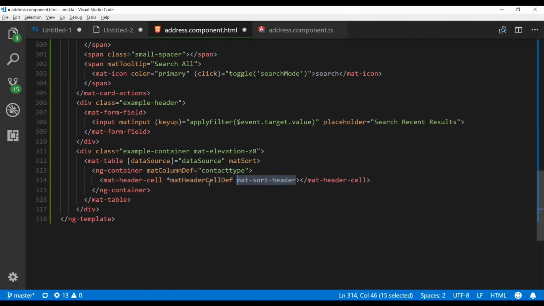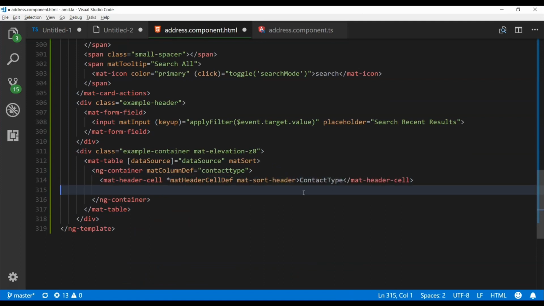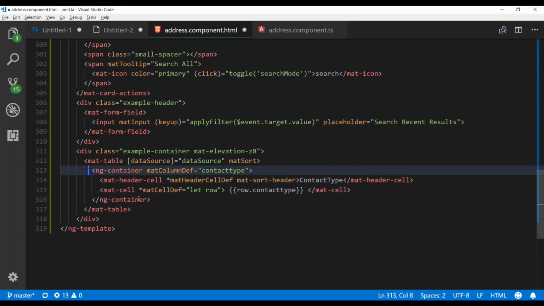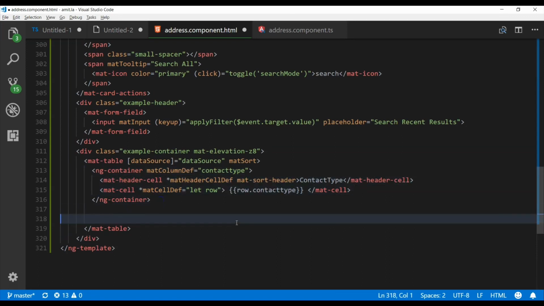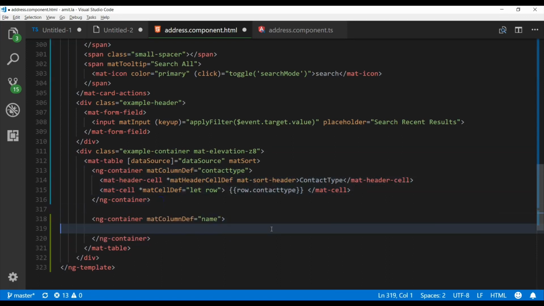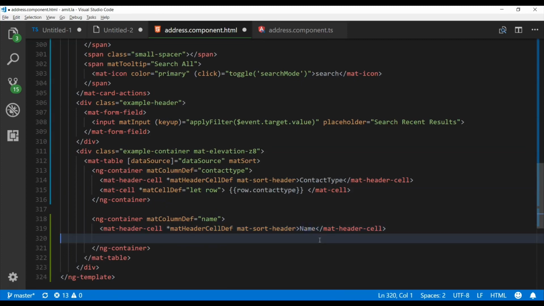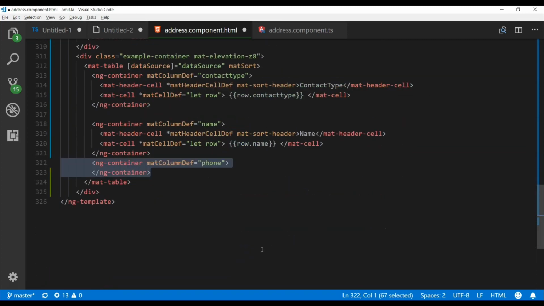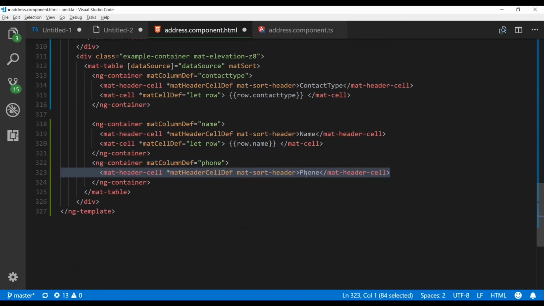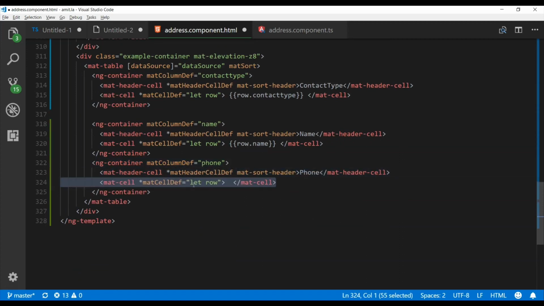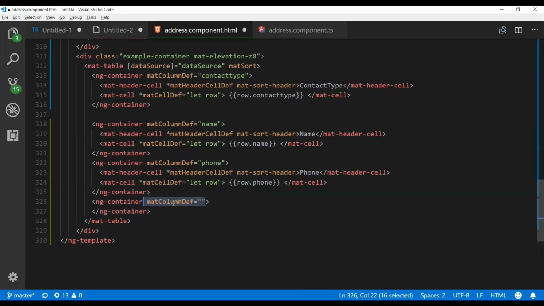So let's include contact type. So my first column in this table will be contact type, and as you can see, row.contact type. All right. So now let's copy the same thing and this container, and the second container we want to display name and the phone number. Phone number. Okay, the last container will be very much tricky,